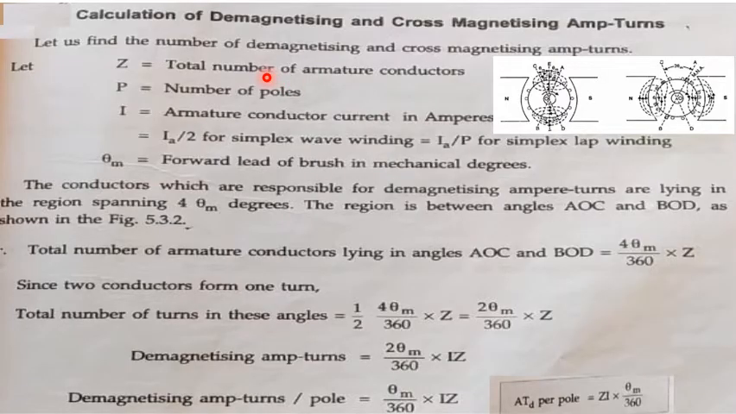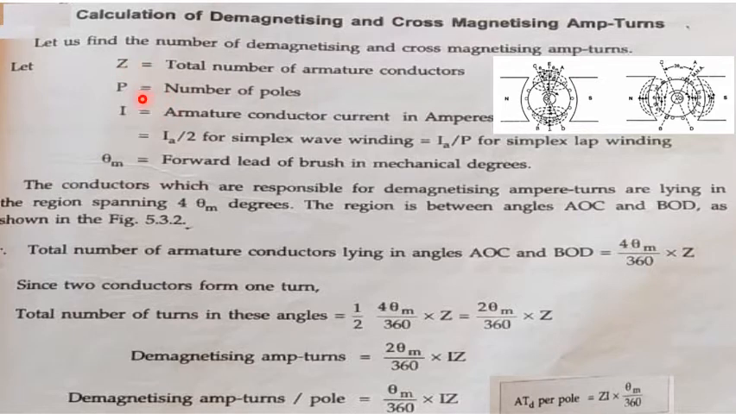Now, calculation of demagnetizing and cross magnetizing ampere turns. Here, let us find the number of demagnetizing and cross magnetizing ampere turns. So our objective is to find the number of demagnetizing and cross magnetizing ampere turns. Here I consider a generator having a total number of armature conductors as Z,